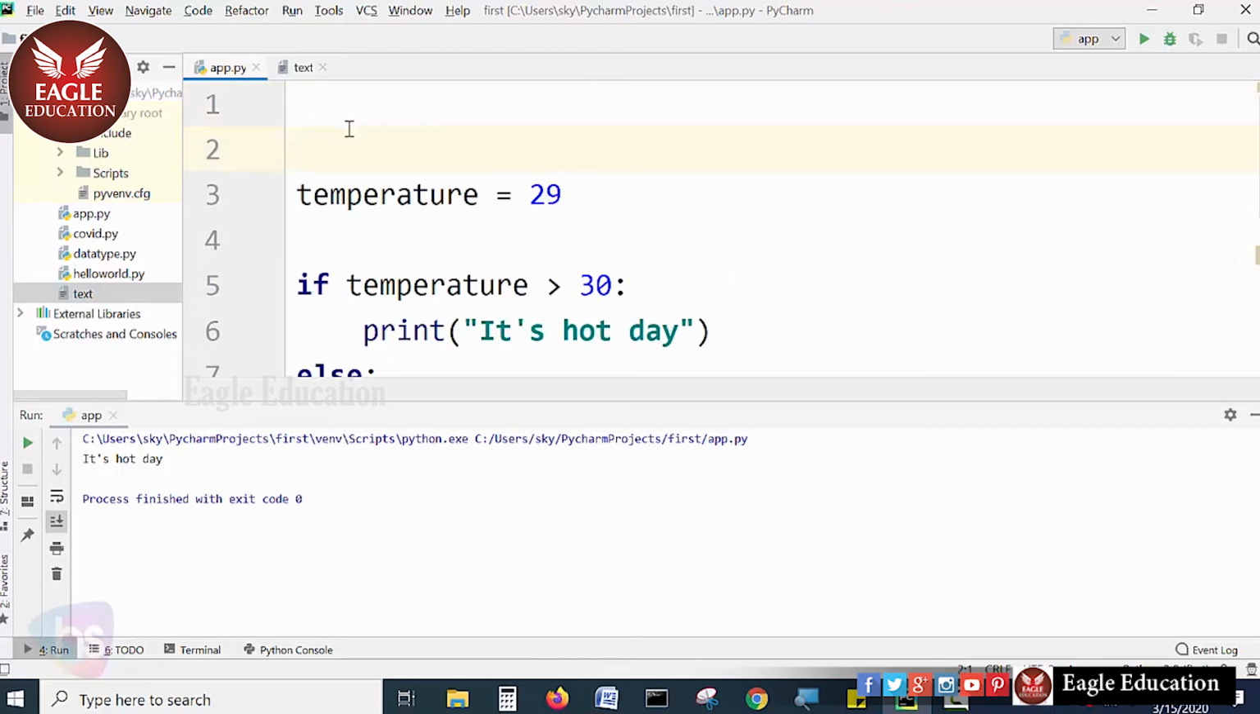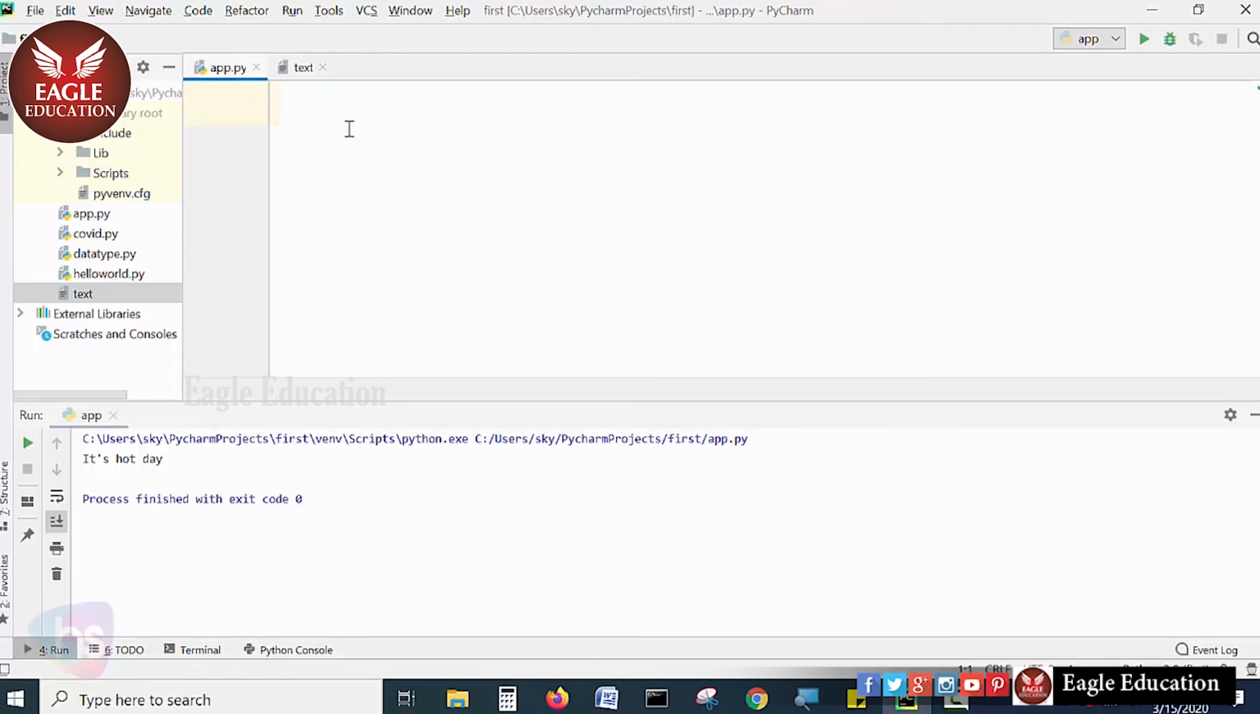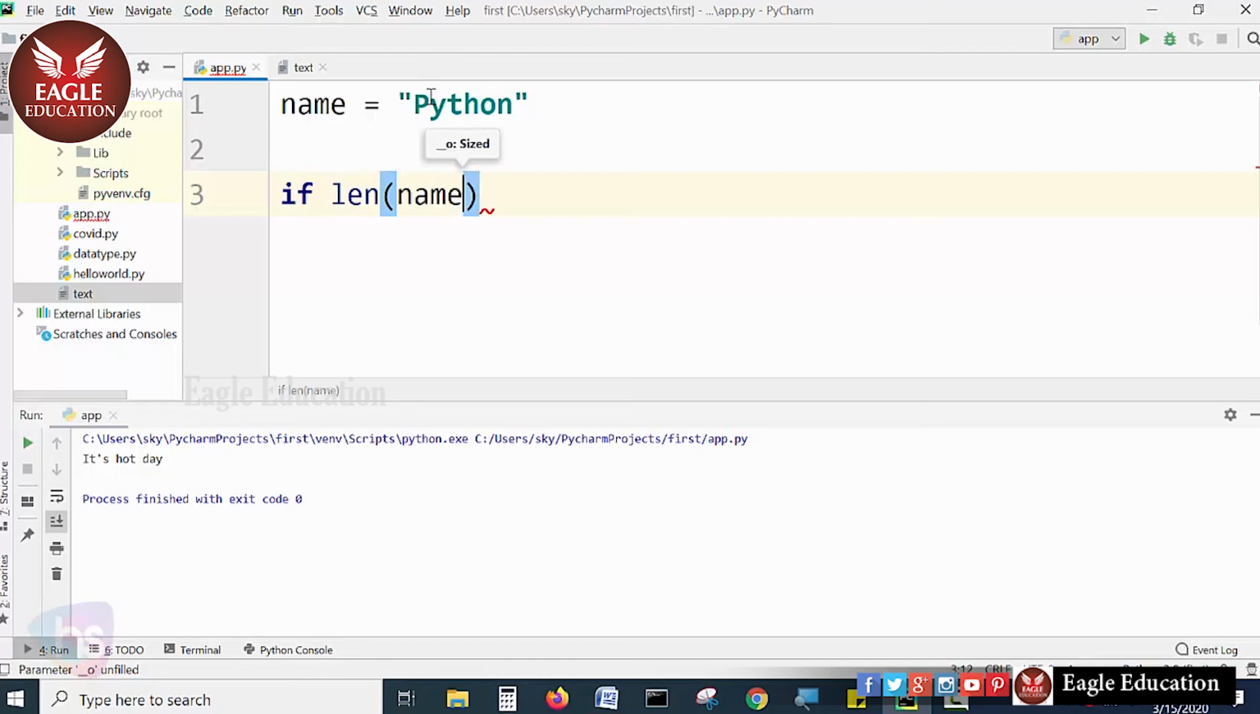You will see here, erase all the things, and now I am declaring name equal to Python, taking it as a string by default. Now, on strings we can verify the length. There is a predefined length method in Python, which we are going to be using here. If length is greater than 3,